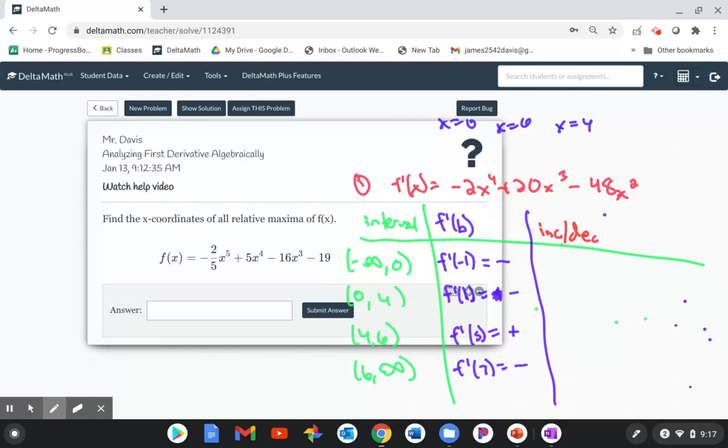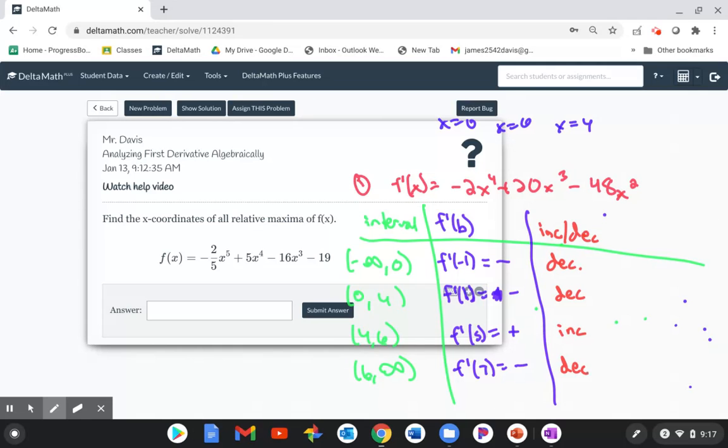Here we've got a negative, so that means it's decreasing. Another negative, so it's still decreasing. We've got a positive, so that means it switches to increasing. A negative switches to decreasing. So at this point here, the first critical value, it doesn't change signs, so it's going down, and then it